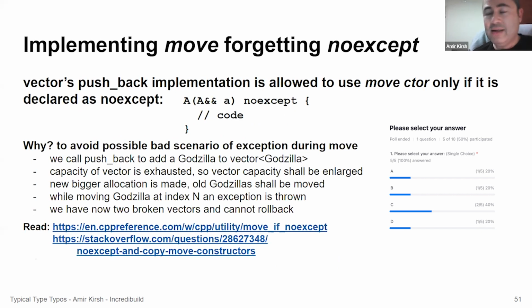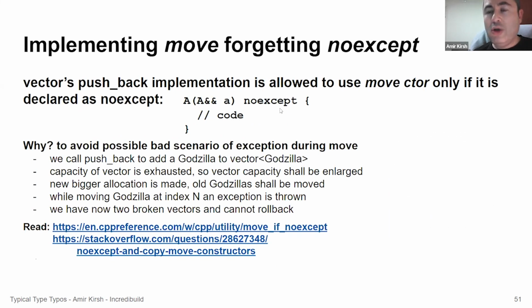Well, it has actually, but in some cases, the move constructor could not be used, because I can use the move constructor only if it doesn't throw an exception, or if it says it would not throw an exception. And the best example is when a vector exhausted its capacity and the user calls push_back, and the vector needs